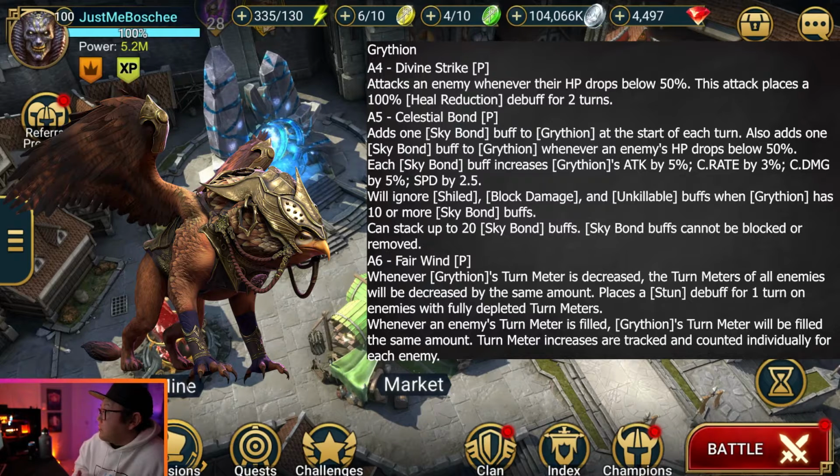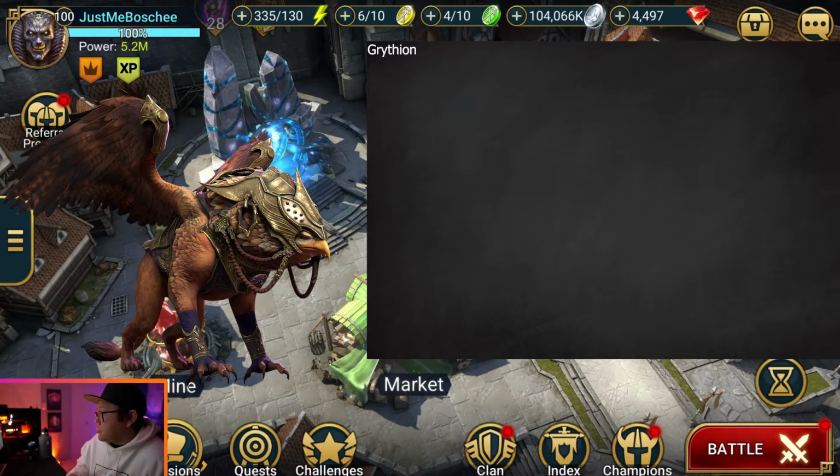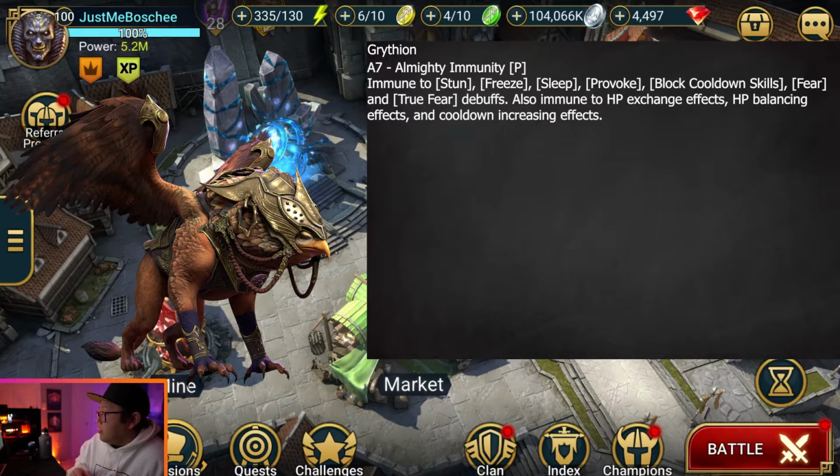Places a stun debuff for 1 turn on enemies with a fully depleted turn meter. Whenever an enemy's turn meter is filled, Grythion's turn meter will be filled the same amount. Turn meter increases are tracked and counted individually for each enemy. And then he has all the other passives from all the other Doom Tower bosses: Almighty Immunity, immune to stun,